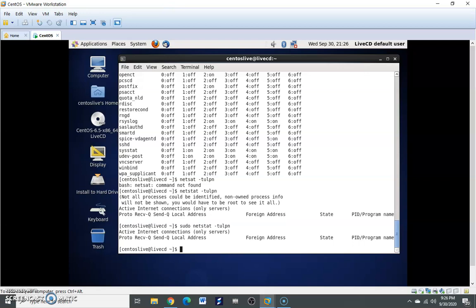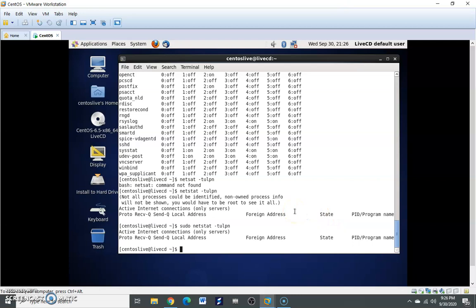Active internet connections, only servers, is there, and this is a simple net service, whether it is available or not, it will show you. Currently net is not actually available, it is disconnected.